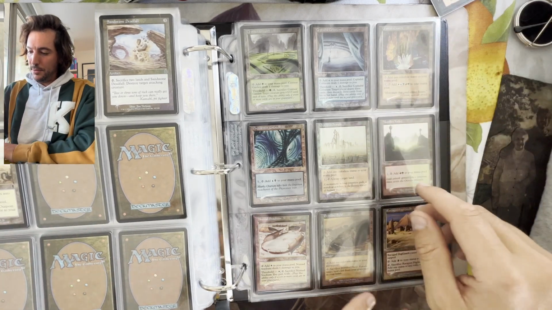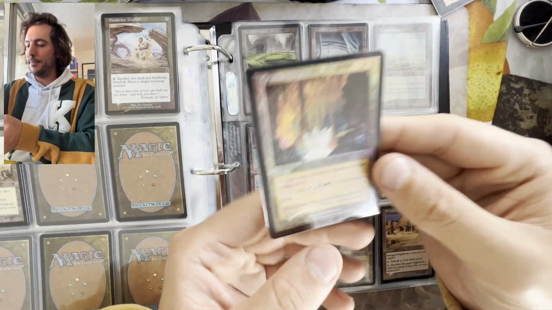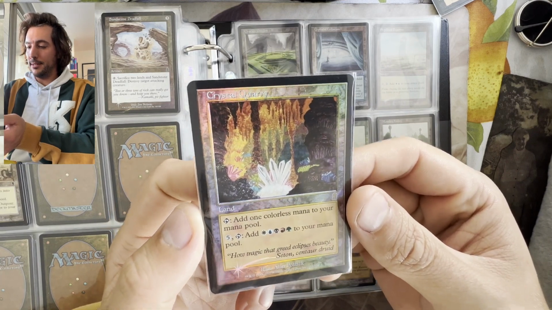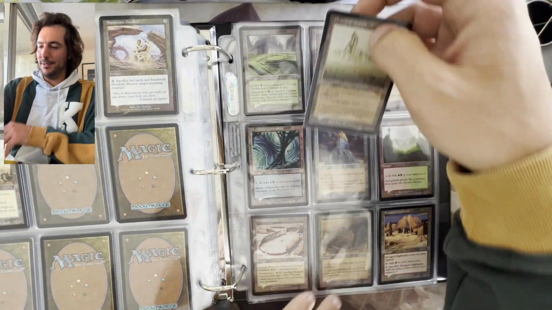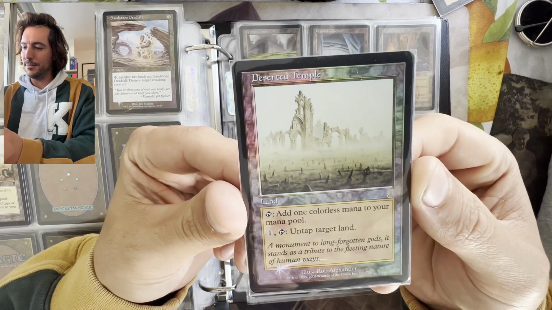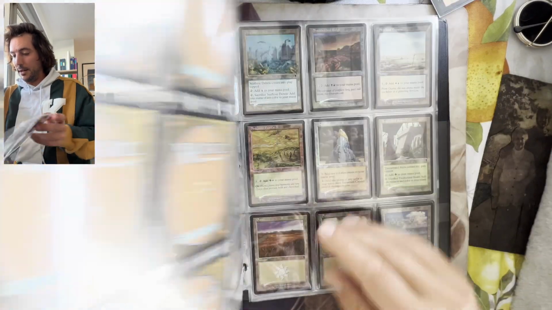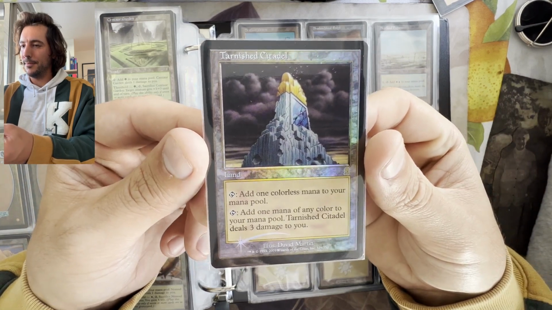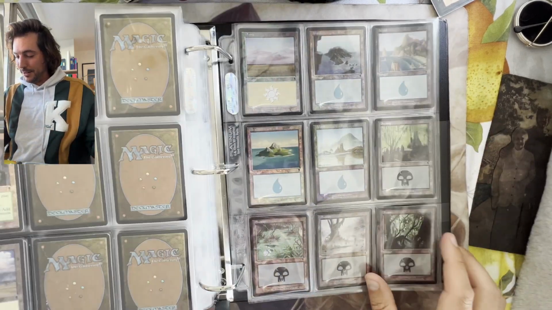And now we get into some of the most expensive cards, which are Crystal Quarry. The art is, again, Alan Pollack, unbelievable. Then we have Deserted Temple right here, which is around $330 in foil. And directly behind, Tarnished Citadel. And now the lands, which we'll go over really quickly,